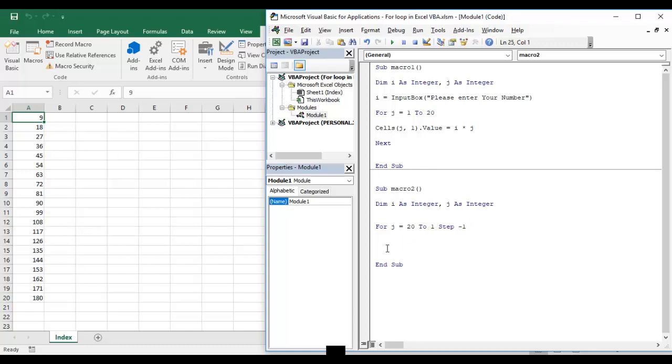Let's start with -1 only. So I'll just press Next,